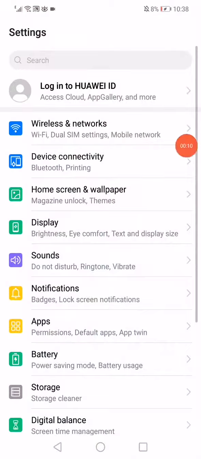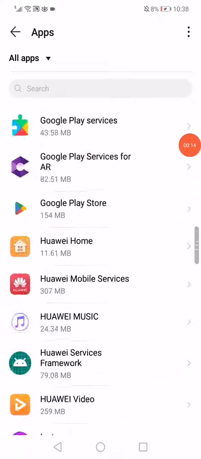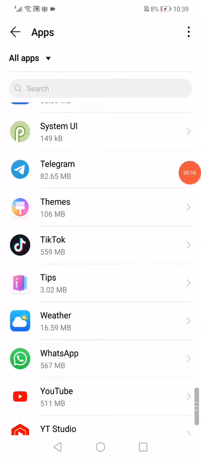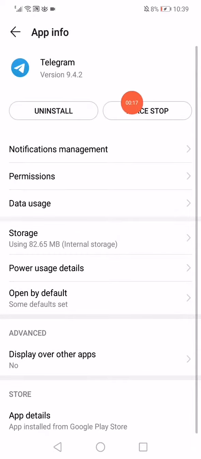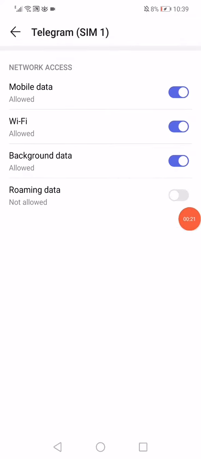First thing, go to the settings, go to the apps manager, open the apps like that, scroll until you find Telegram and click on it. First stop the app, and after that go to the data usage, and then all what you want to do next is very simple. Just disable the roaming data and the background data, and enable the Wi-Fi and the mobile